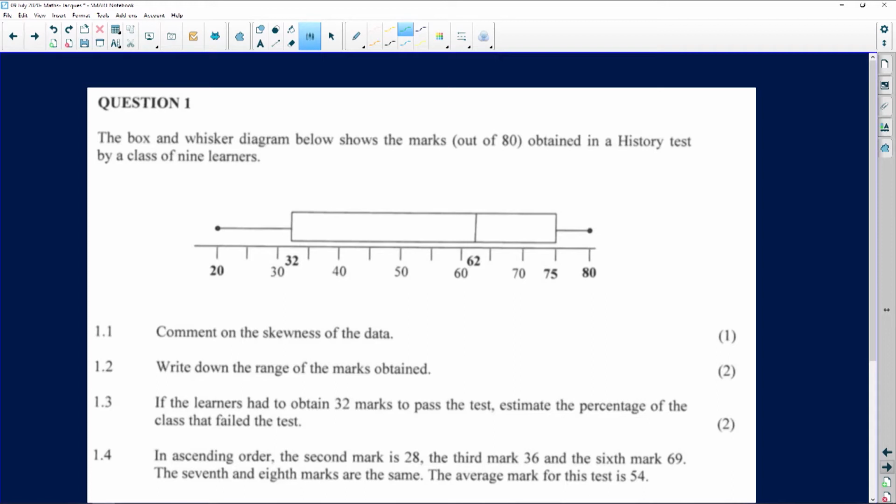One of you asked this question as well, and this is the question that is on this. Let me just see if it's the right one. Yes, it's the one that's on the screen at the moment. It comes from the